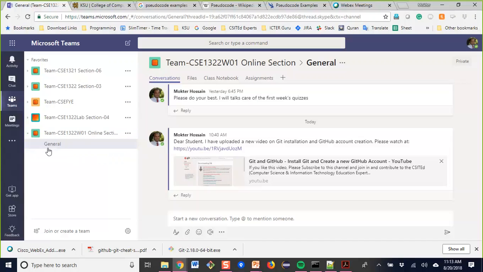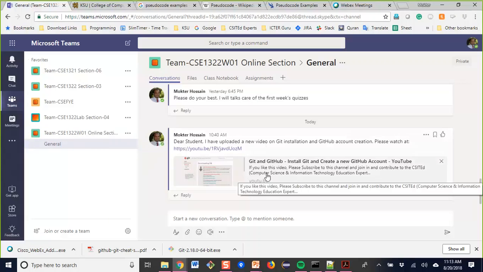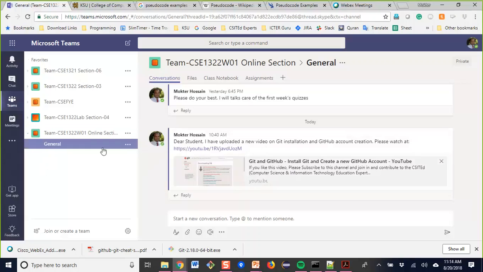I have already added all of you to this team group, so you should get an invitation to your university email. If you do not receive an email, please send me an email and I will add you again.